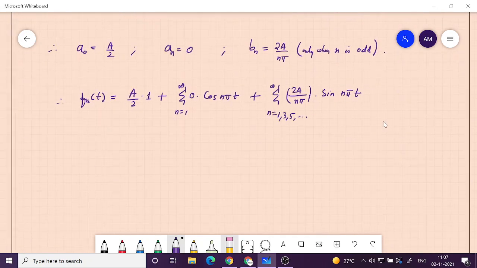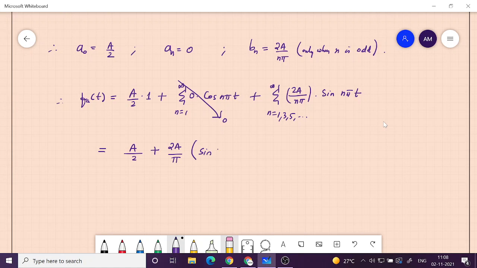So this is entirely 0, because the coefficient is 0, so that is equal to A by 2 plus 2A by pi